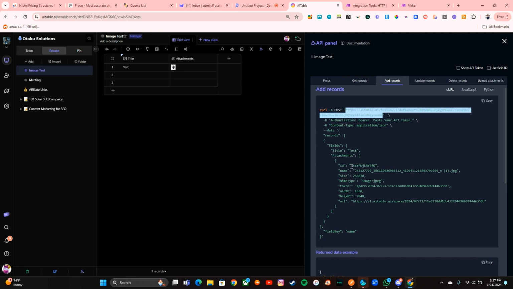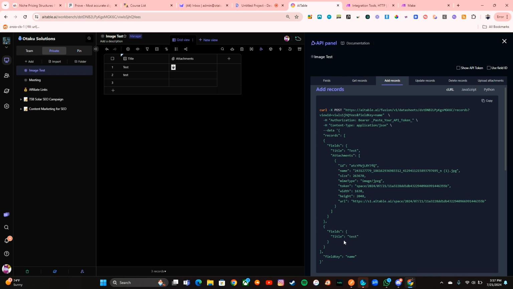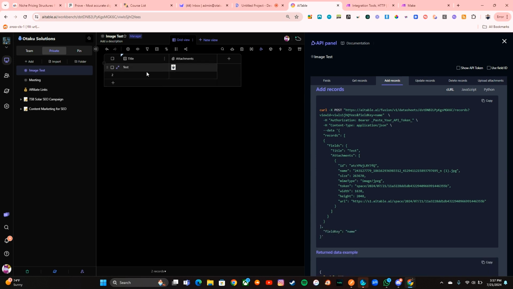One, there is an ID field here, and we don't need this ID field. Two, if you happen to have other information here, even if it's another record, it will start populating a second field, and we don't want that. So I highly recommend, even if there's no data, just to make sure there's only one record for sure. Because what we can do is copy this.